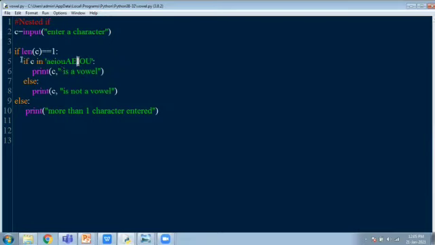So again, I'll tell you, nested if is nothing but an if statement given within another if statement. Okay. And you have to indent it properly as it comes, that is 4 spaces from the beginning. So nested if is an if condition given within another if condition. If the first condition is true, then it enters the second if condition and then continues doing the program.